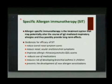So specific allergy immunotherapy is actually the best treatment modality. It's a more definitive treatment modality for treating allergic rhinitis. Unfortunately, it entails a tremendous investment in terms of time and resources. So this is quite a busy looking slide,